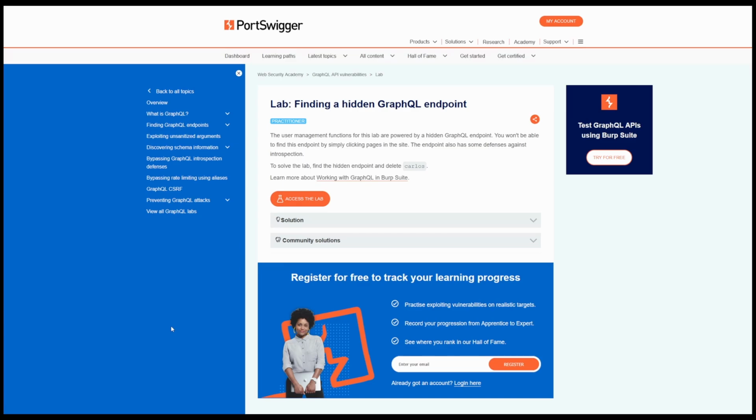Finding a Hidden GraphQL Endpoint. The objective of this lab is to find a way to discover a hidden GraphQL endpoint and bypass some introspection defenses to learn about the GraphQL schema, and then figure out a way to delete the user Carlos. So if you're ready to start hacking some GraphQL today, let's click on the Access the Lab button and let's